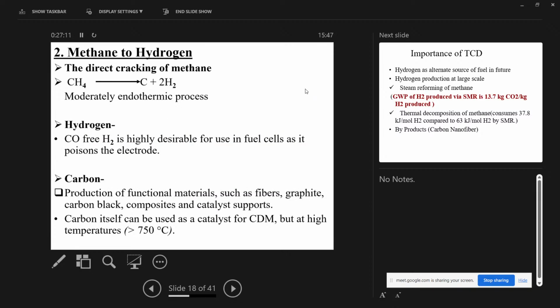Yes. The second thing you may not have heard about is the latest development in the industry, in the private space. So methane is converted to hydrogen. We have already talked about the basic reactions. Maybe you have studied this in the basics of 10th and 12th, that methane is easily converted to carbon and hydrogen.